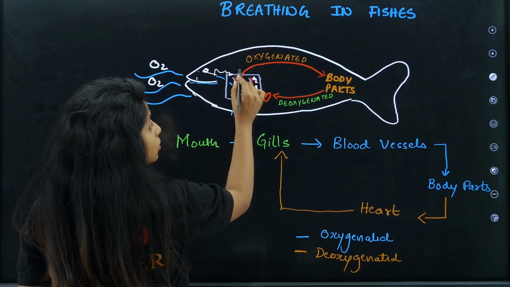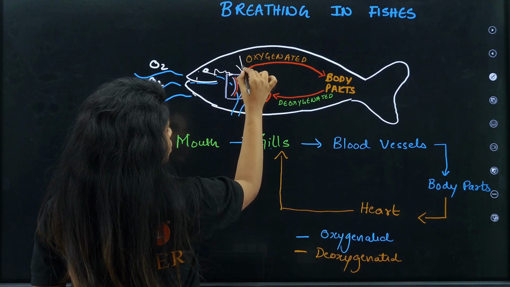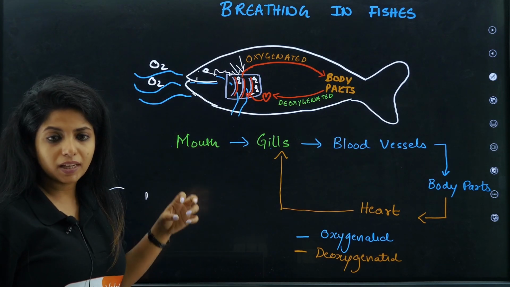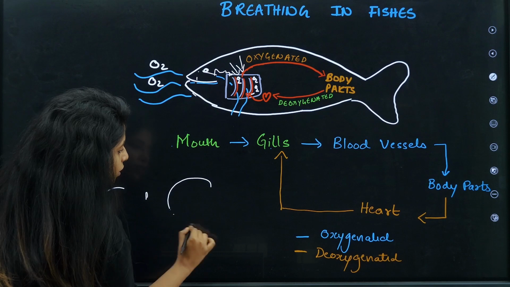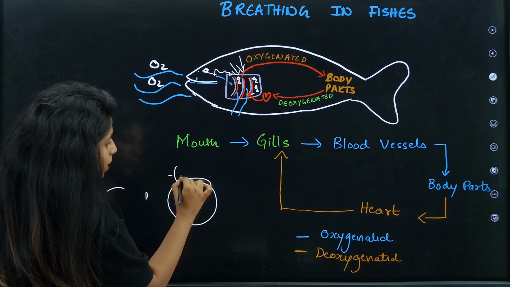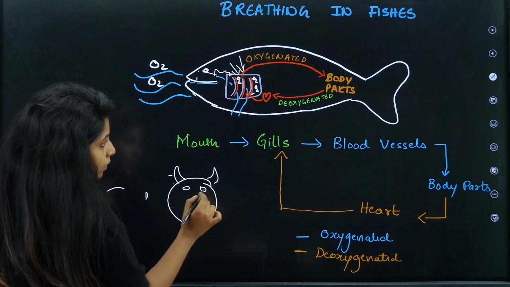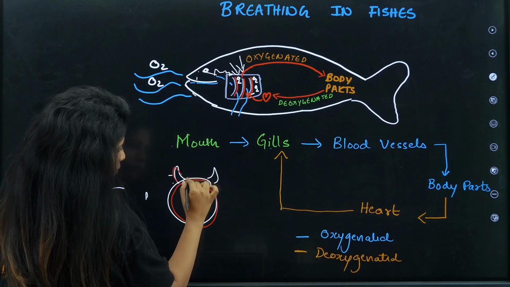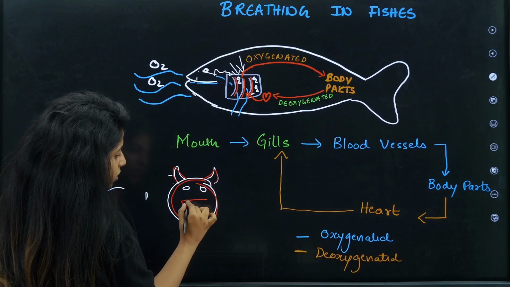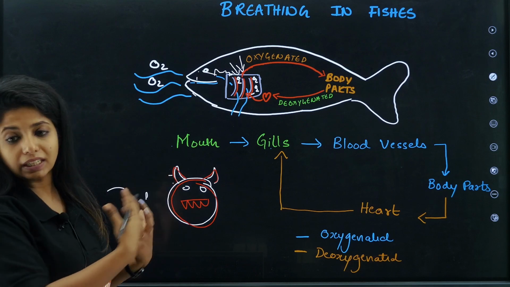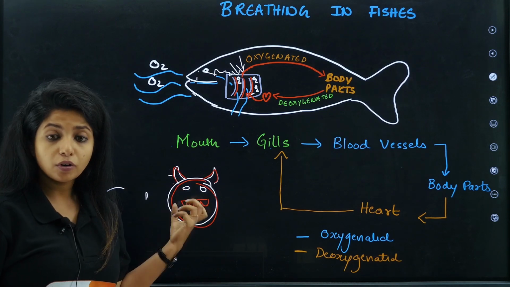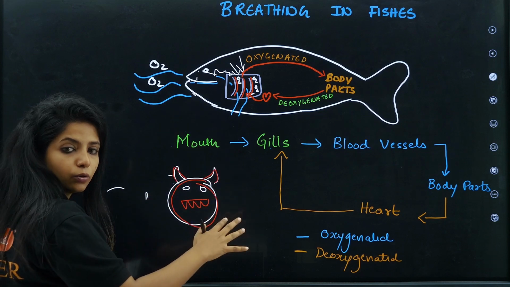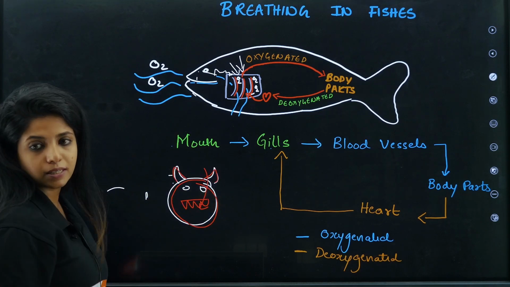So these gills are richly supplied with blood vessels, as you can see over here. The blood vessels take in the oxygen. They say we do not have oxygen. The blood cells, for example, this is the blood cell. I'm just making it like this so that you remember it. I should be making it in red. They are like, we need oxygen, we need oxygen. So they take in all the oxygen because in them the amount of oxygen is kind of less, right? From higher concentration it will go to lower concentration, so it will get inside the cells.